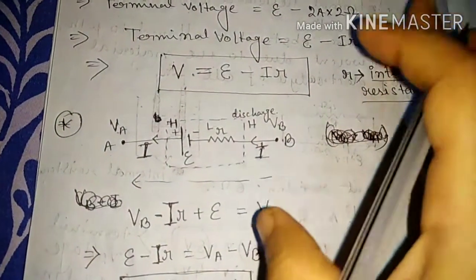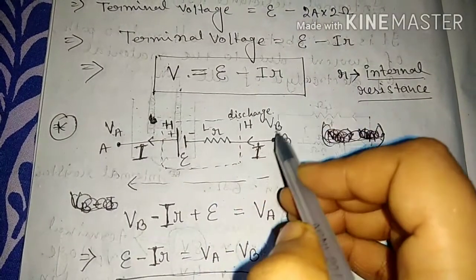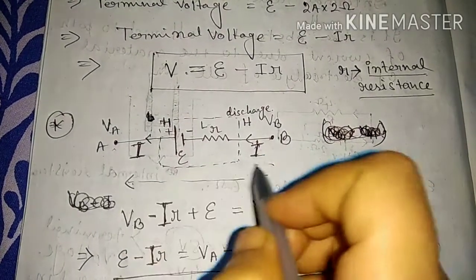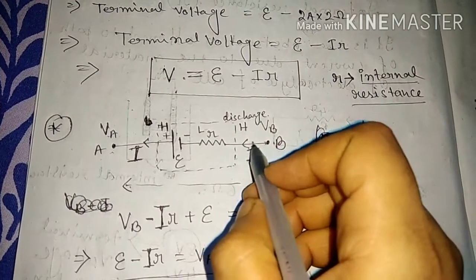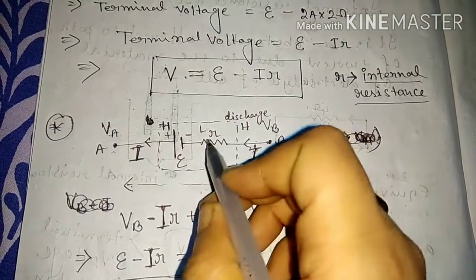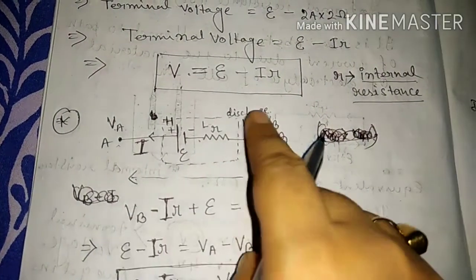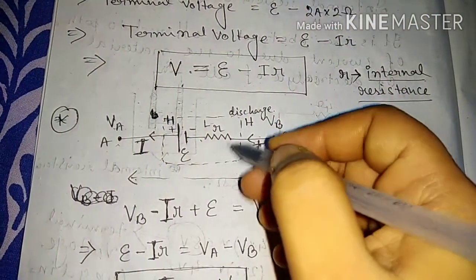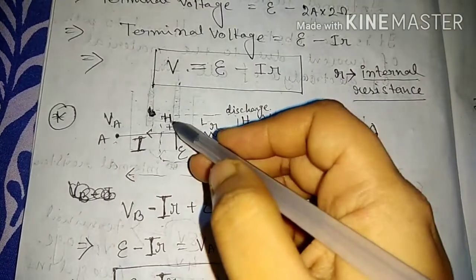Now if we choose a direction of the path, we say that the current after one cross, when it reaches B, moves towards A. So B to A. When it moves from B to A, this is a higher potential and this is a lower potential, so it will move towards this one. So starting from VB, because it moved here, the charge will discharge, that is minus I into small r, then again plus the EMF of the battery.